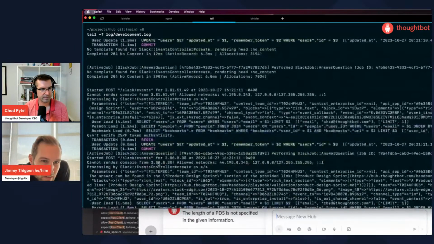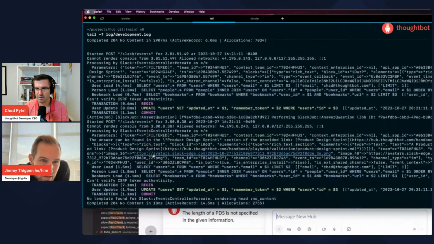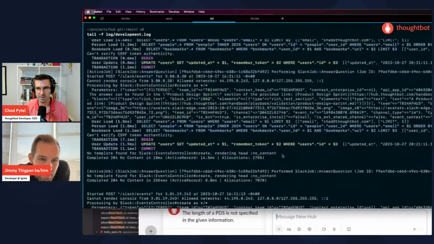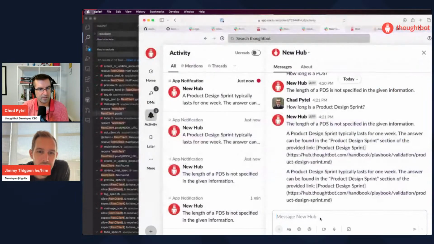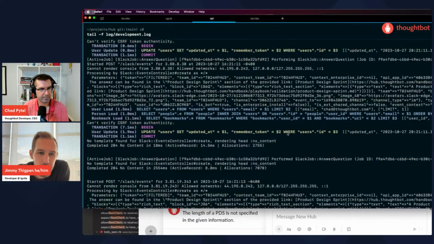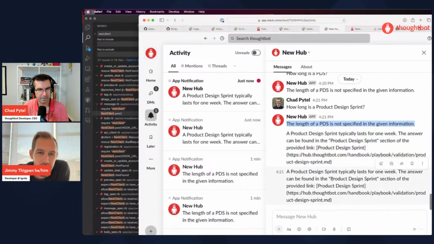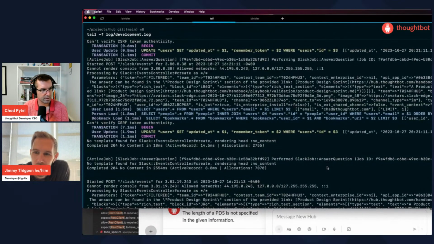And then it said the answer cannot be found in the product design sprint section. But in Slack, you also received this, didn't you? Just now, right? And then you received 2 messages about a product design sprint. Something shot off 2 messages when it should have sent 1.